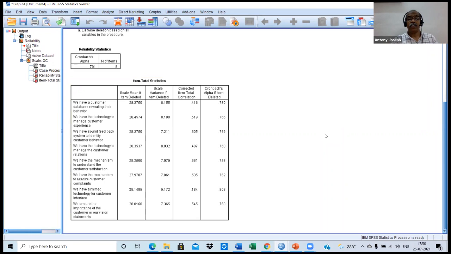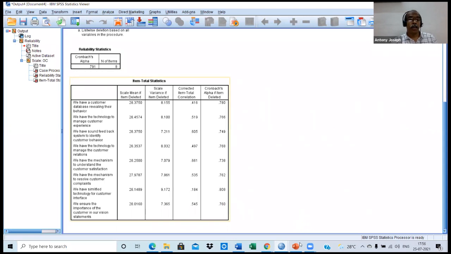Okay. While looking at the second last statement, we can see the item to total correlation is 0.184, which is lower than 0.3, and at the same time the Cronbach alpha is 0.808, which is more than 0.791.